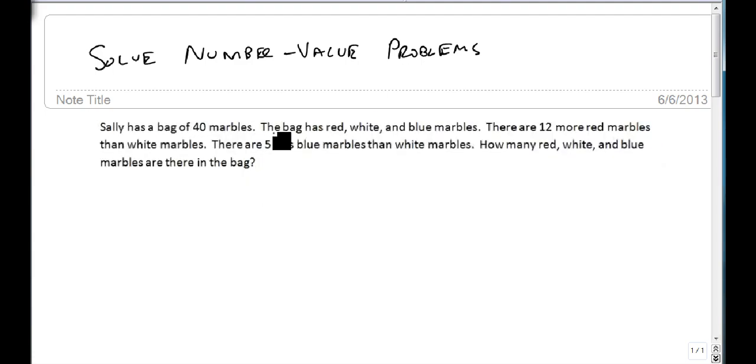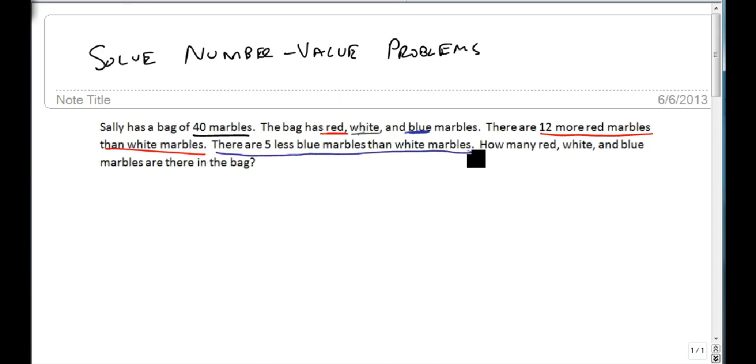The one that we're going to look at deals with marbles. Suppose Sally has a bag of 40 total marbles. There's 40 marbles in this bag. She's excited about this. But her marbles are made up of red, white, and blue. So I'm underlining some key pieces as we go. These are the three types that we have, but we're not told how many of them we have. However, Sally remembers that there were 12 more red marbles than white marbles, and that there are 5 less blue